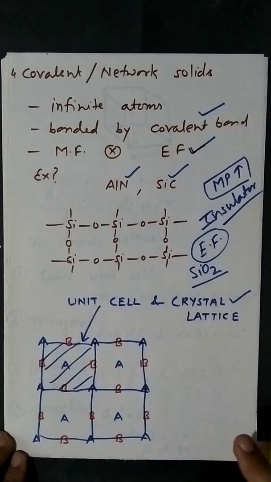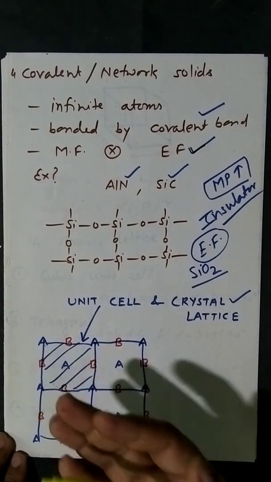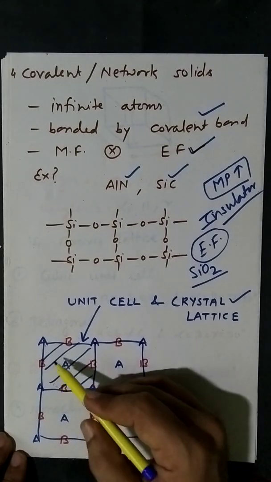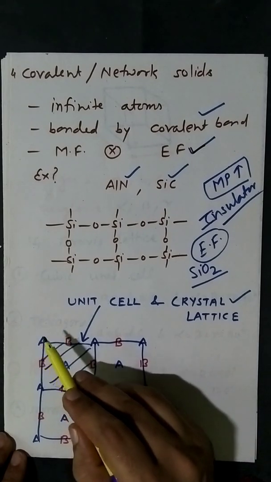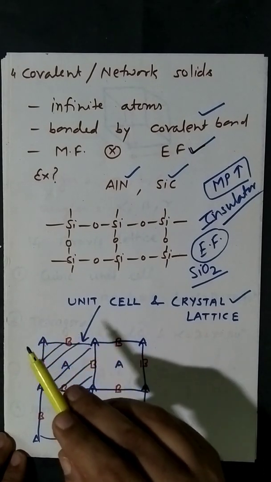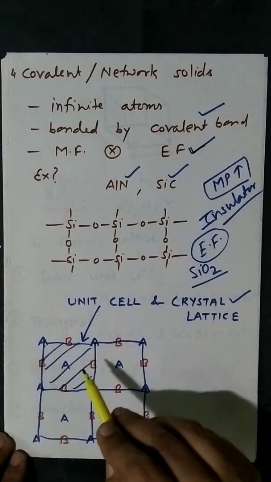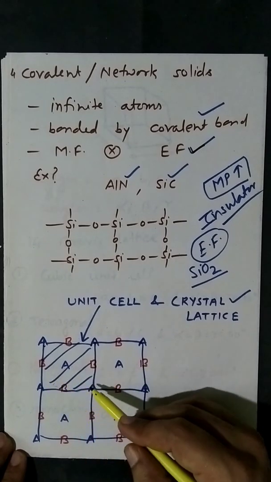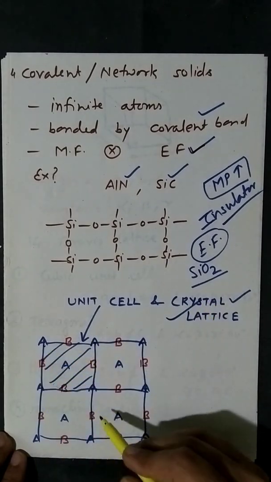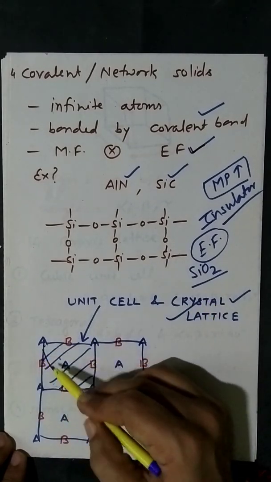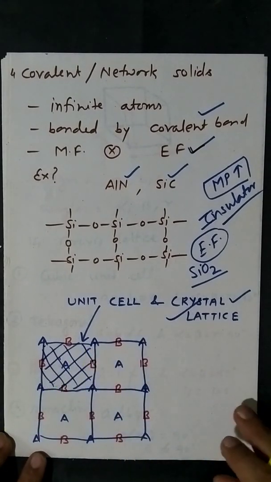Remember, here the unit cell doesn't look like a square, but a unit cell looks like a cube. This is our limitation. We cannot draw a cubical unit cell here, but in fact this is not the whole unit cell, because just over A, there will be a B particle, and just over B it will be an A particle. Now when you enclose this A, B and A, then it will be a complete part which on repetition over it and below it gives the complete crystal. So it will be a cubical particle, and this smallest three-dimensional cubical particle which on repetition converts into the entire crystal is known as unit cell.